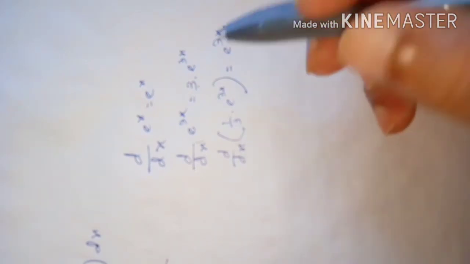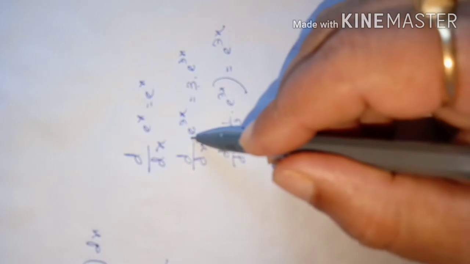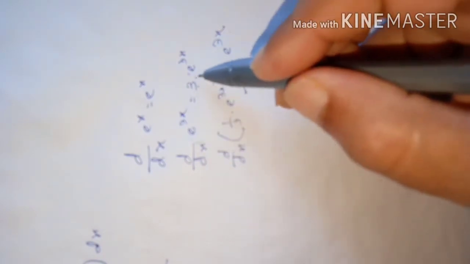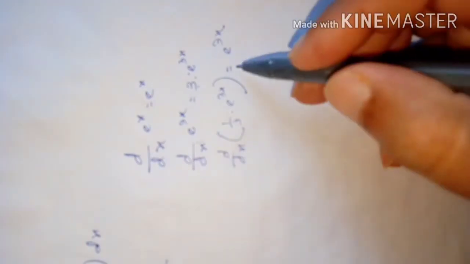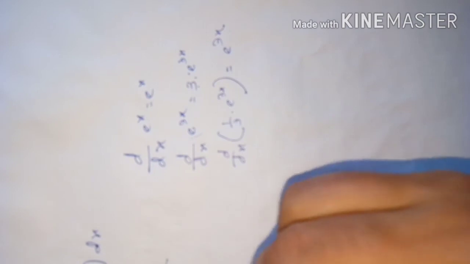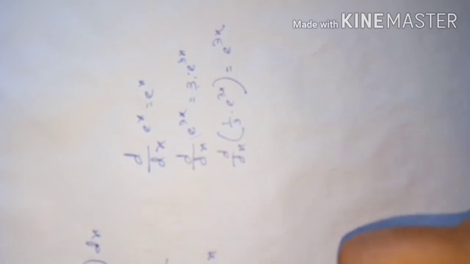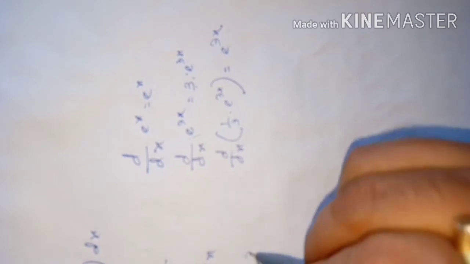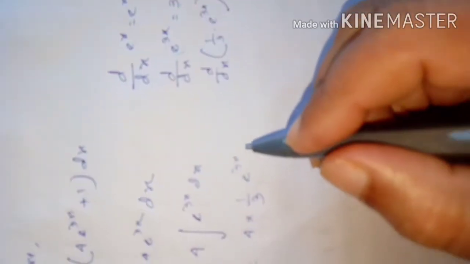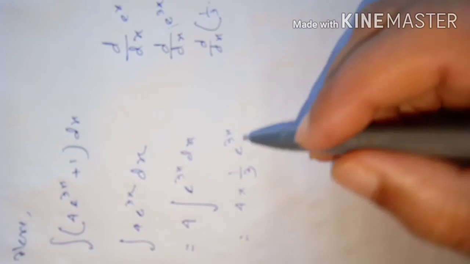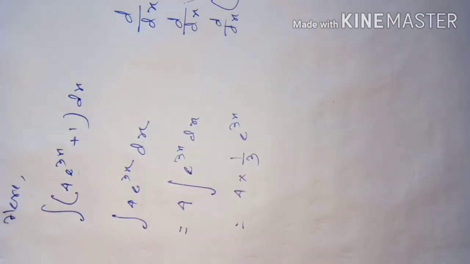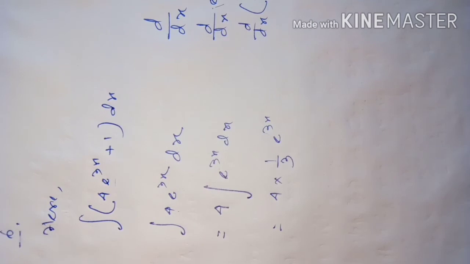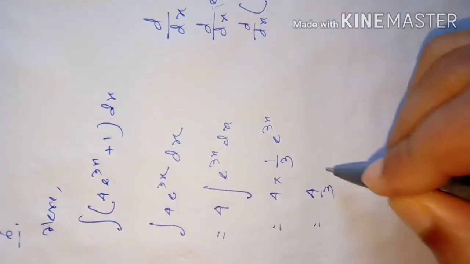So this 4 is a constant number, we can keep it aside. Suppose here is a 4. That 4 also will come down here only. So it will come sideways. So we can keep it this way, 4. And taking this one, integral of e to the power of 3x with respect to x, we can write like this: 4 into its antiderivative is 1 by 3 e to the power of 3x. Okay, dear students? 4 into 1 by 3 into e to the power of 3x. Got the idea? You can see clearly, dear students. So then it is equal to 4 by 3 e to the power of 3x.